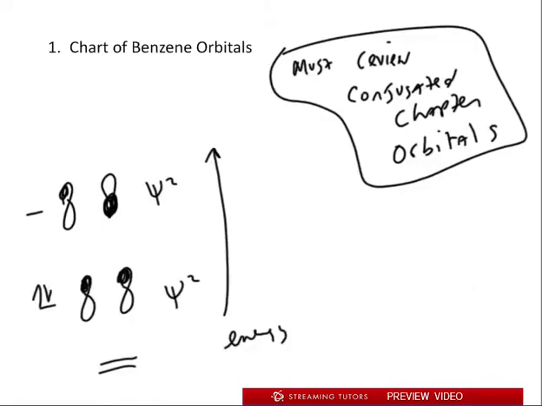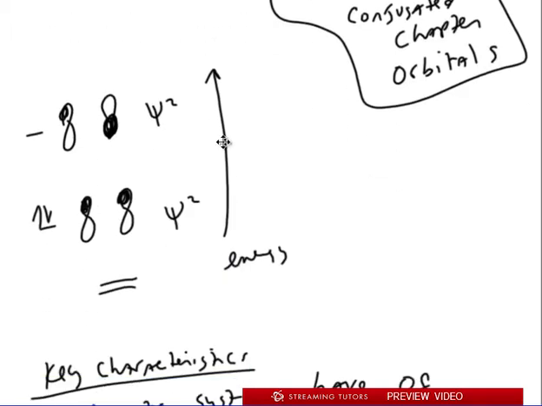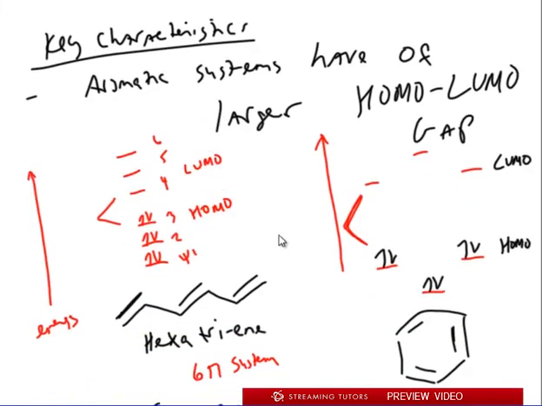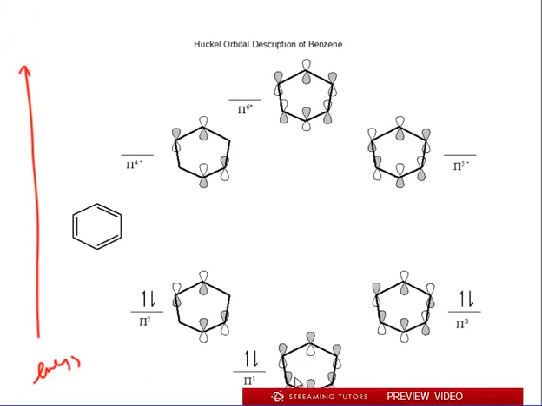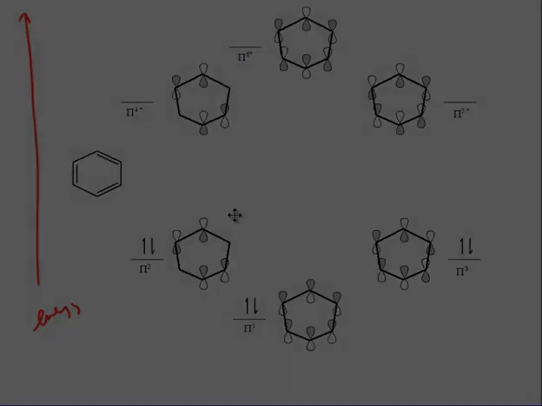And now I'm going to show you the chart of benzene. Okay, so again, I kind of gave you a quick reminder, and I'm showing you the key identifiers about a comparison between aliphatic and aromatic. Now, here's benzene. Now, I want to point out a few things. Number one, this is increasing in energy. Now, do you remember that back when we did this conjugated system chapter, we said that as you go up in